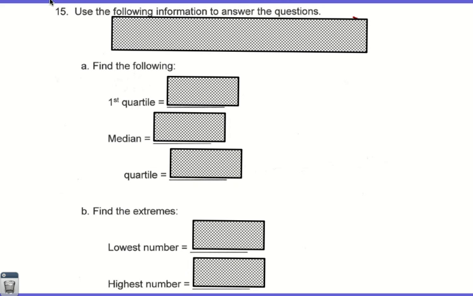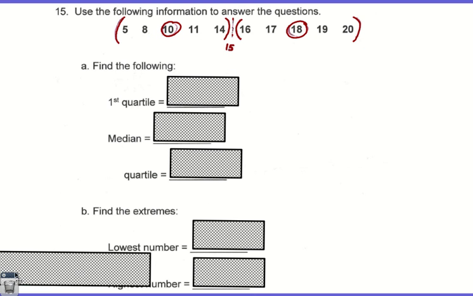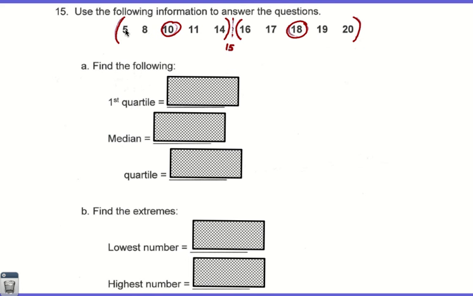Use the following information to answer the questions. Well, it looks like the information you were given was a list of 10 numbers: 5, 8, 10, 11, 14, 16, 17, 18, 19, 20. So you take those 10 numbers and you find the first quartile, the median,